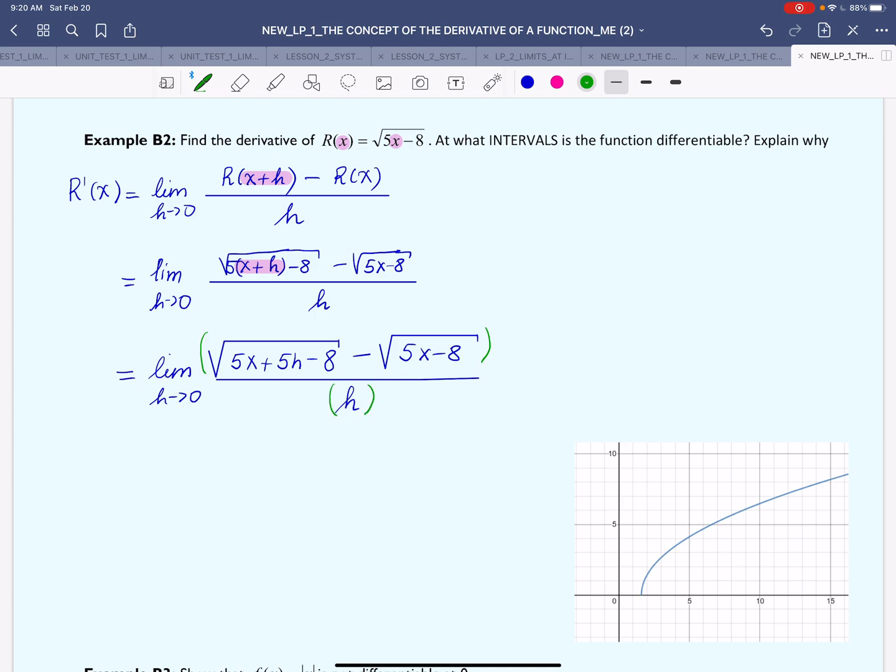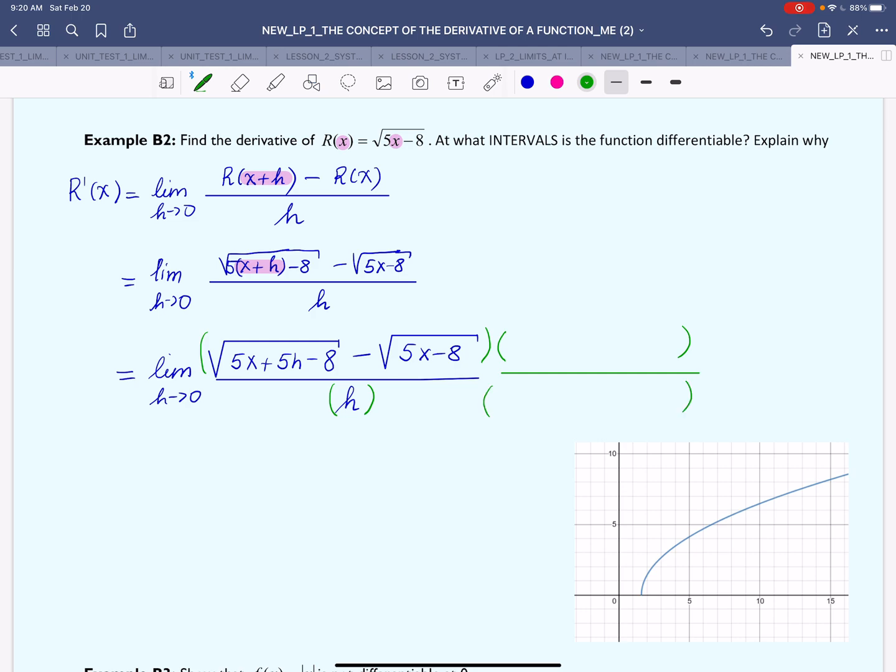Now, why do we have to do this? The goal is to simplify h in the denominator. To simplify h in the denominator, we're going to need an h in the numerator. Okay? So we don't have an h in the numerator, or I should say we do have one, but it's inside the root, and we cannot access it right away. We cannot just grab it outside the root. So we need to remove the roots, and this is done very nicely with the help of the conjugates. It's something we have discussed in the past, so if you have questions about it, just look at the previous